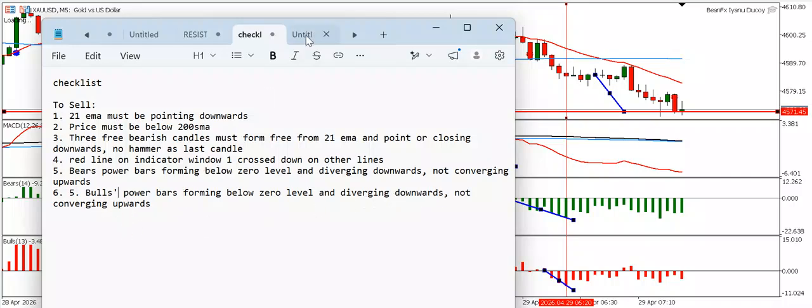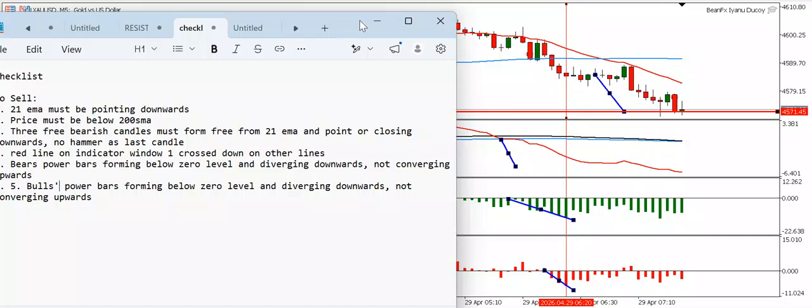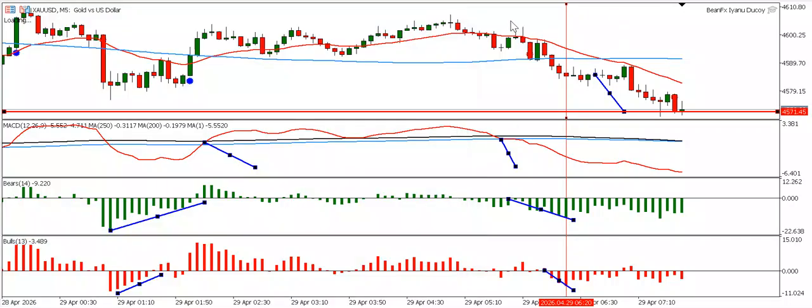So as long as the 21 EMA is slanting, you can know that by just drawing a trend line against it like this, and you confirm it's slanting, you are good to go. All right, and checklist